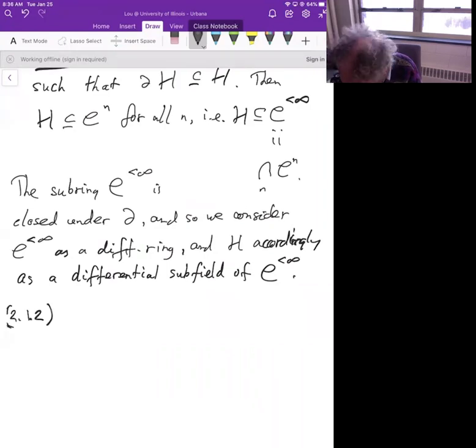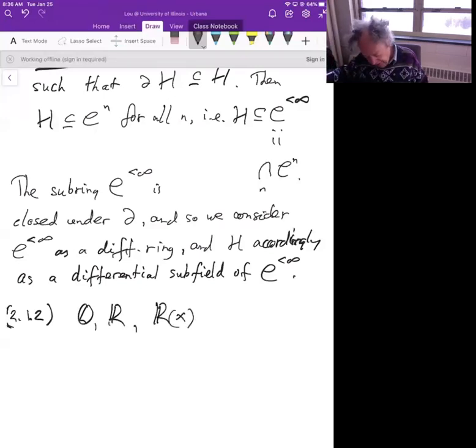R and Q are rather trivial examples of Hardy fields, but if you take the field of rational functions in x, where we identify a rational function simply with the germ at plus infinity that it defines,